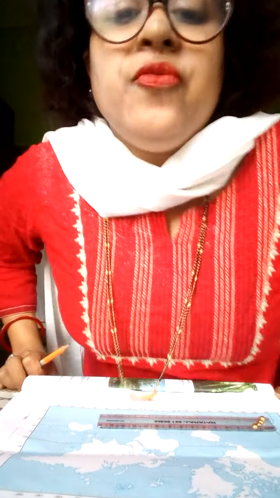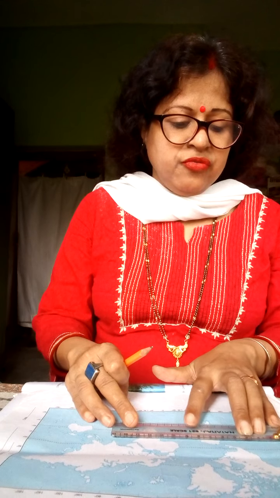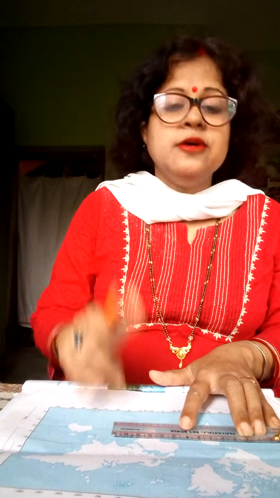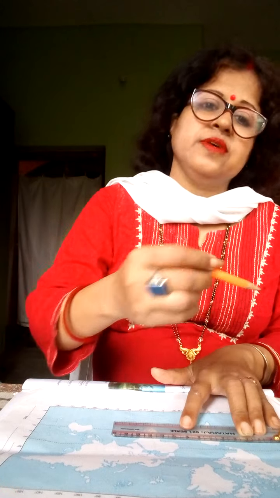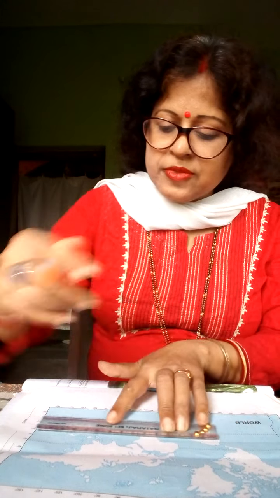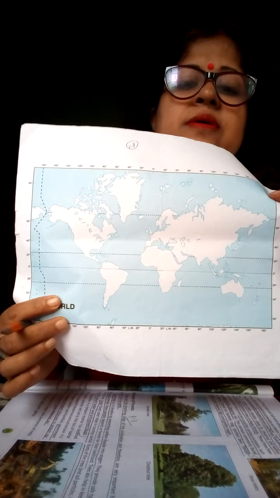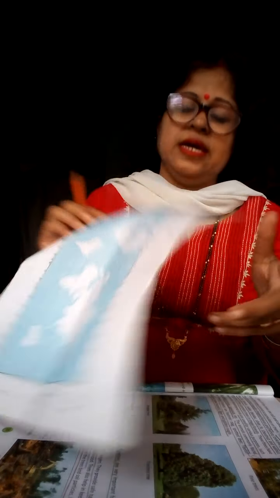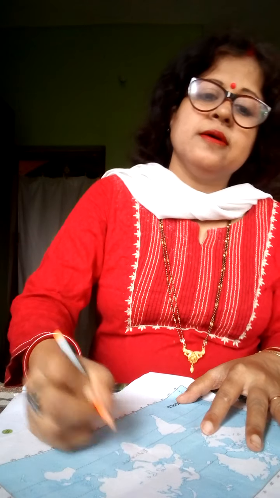It is located at 0 degree. East west lines are called lines of latitude. So firstly we will draw a line from 0. We will join this 0 to 0 degree. So draw a line. I joined a line from 0 to 0 degree. Okay, this is the equator. You can write equator here.